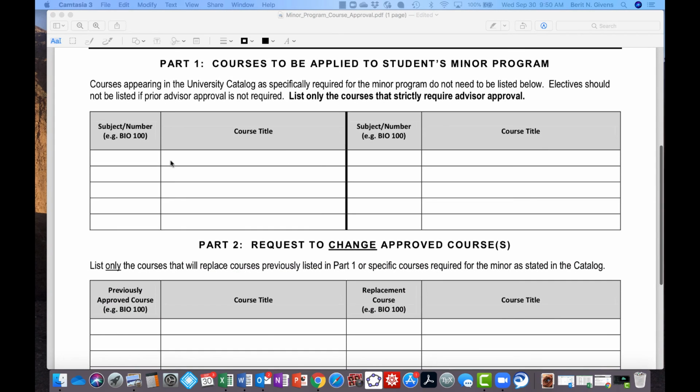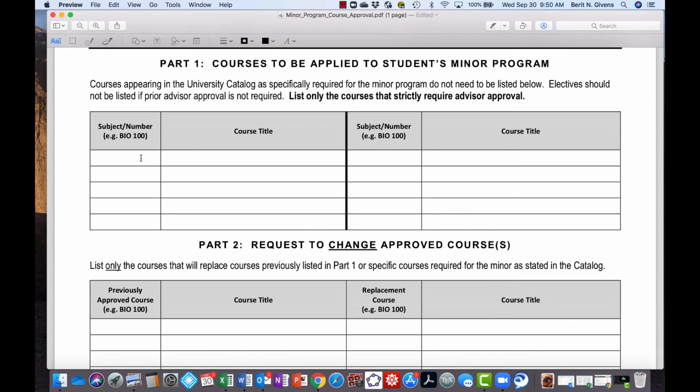Okay, now here you're supposed to list the classes that you're going to take for the minor. We don't need you to list classes like Math 1140, Math 1150, Math 2140. None of those are necessary because those are all just required anyway, so we already know you're going to take that. So don't list any classes that are required of all students in that minor. Just list the classes that are a choice from the list. So here, for example, you might write something like,